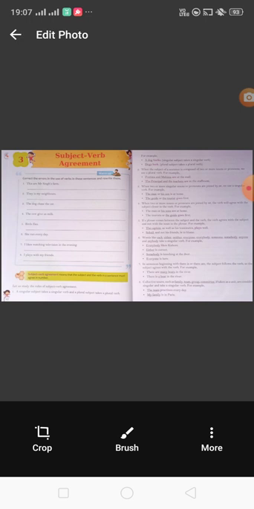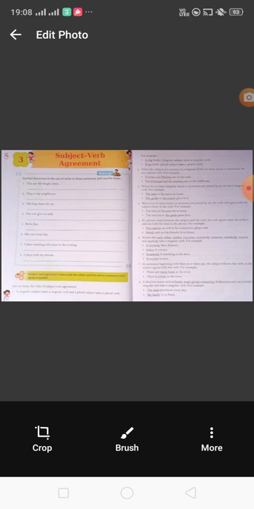And again, another example: "My family have different views on this issue." Here family has so many members, but they have different views. It means many views are there in their family. So the views are plural, which means the verb used here is plural. I hope, students, you all will understand.